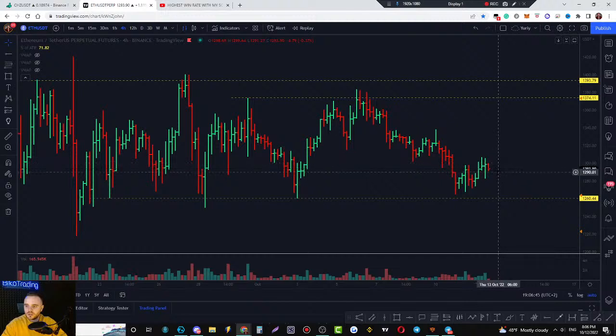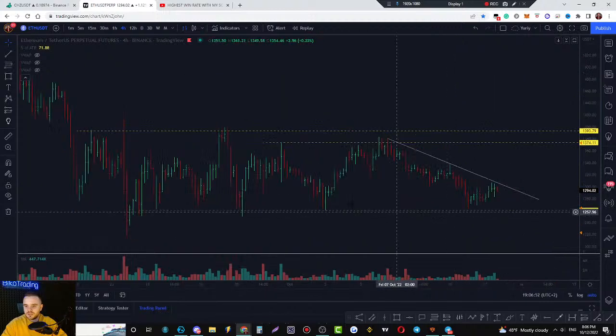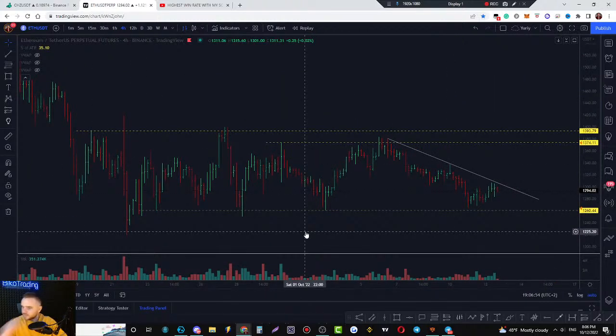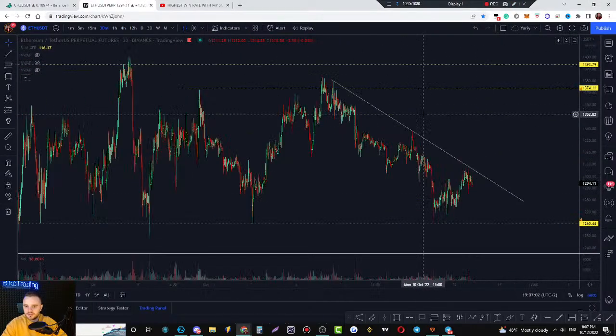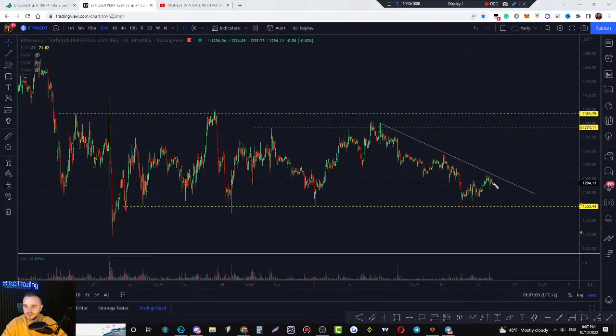Okay, about ETH. Price at this moment is in the middle of this channel. Do you have some stop loss hunts like in this channel? Honestly, the best place to take a trade is after such stop loss hunts, like it was here. At this moment, we didn't have a stop loss hunt.